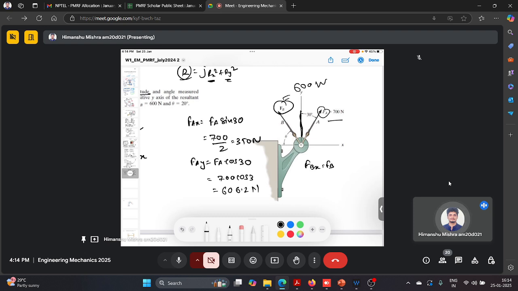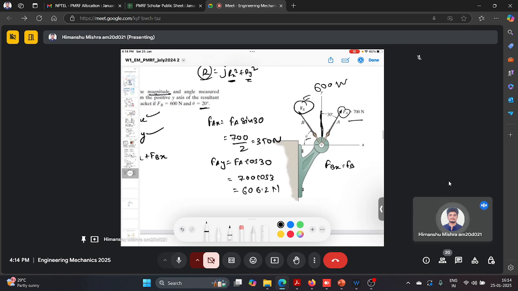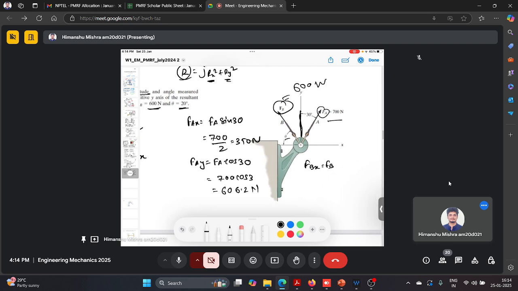So the angle is measured with the horizontal axis, and theta is given as 20 and Fb is given as 600 Newton. You can see Fbx is in the minus x direction, because the direction of Fb is towards the left, which means towards the minus x axis. So it will be minus Fb cos 20, Fb is 600,